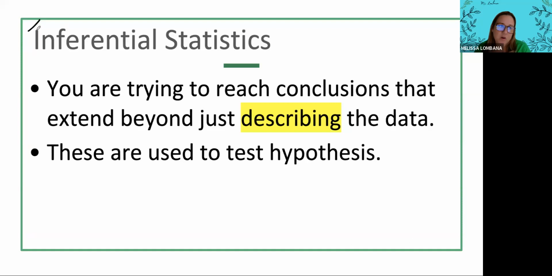Okay, and then the last part is what's called inferential statistics. This is basically where they're going to describe the data, and then it's going to say, did it test and prove my hypothesis correct or not? There are different ways of doing that, and luckily we don't need to know super specifics. But once we get this data, and they did all those things about the mean, median, and mode, then